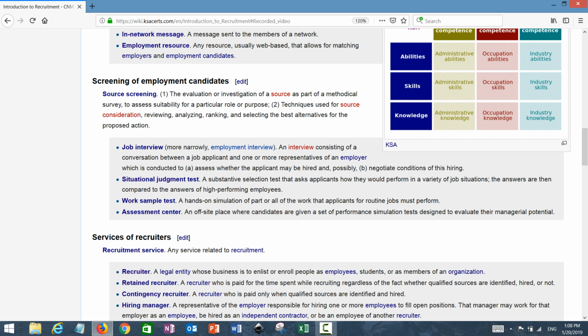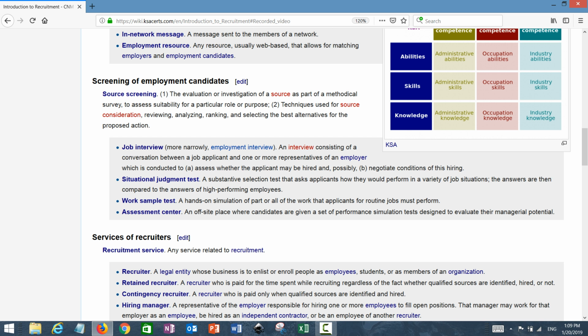But eventually, any job candidate, I would say not any, 99.5% of job candidates will have some kind of job interview. More narrowly, what we call a job interview should be called an employment interview, because a job interview could be for a particular job or particular employment, or it could be about general jobs in the company.